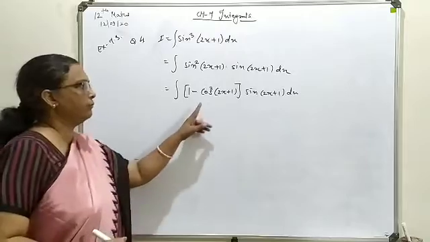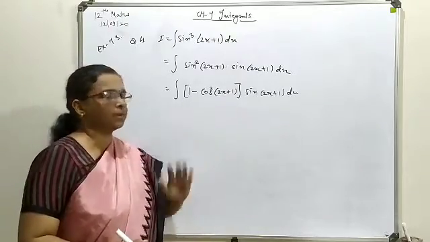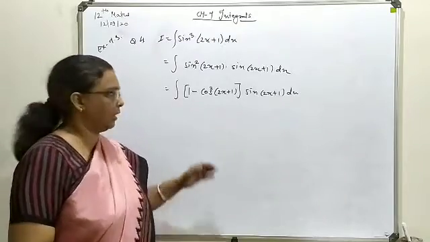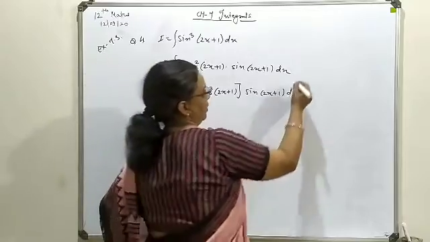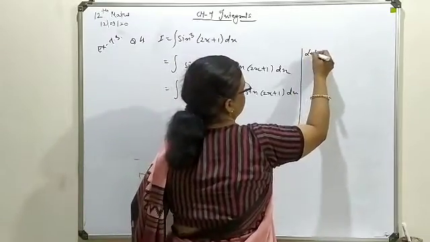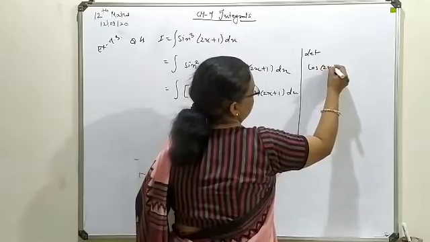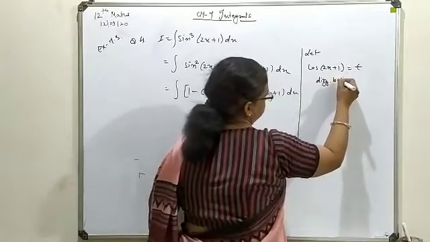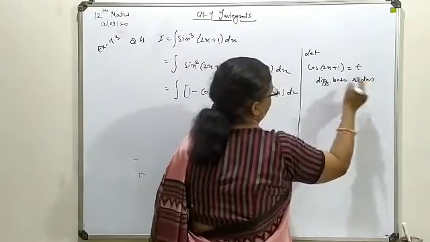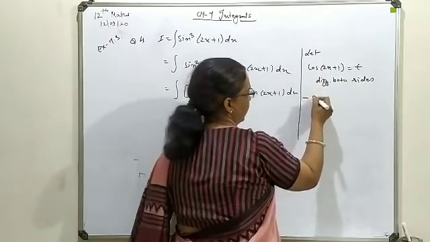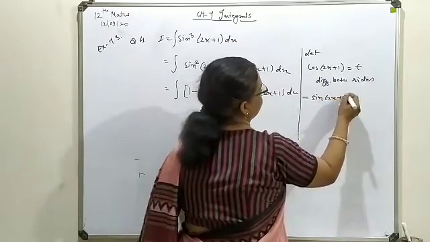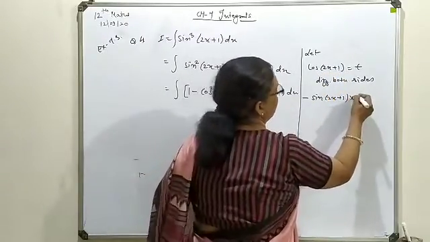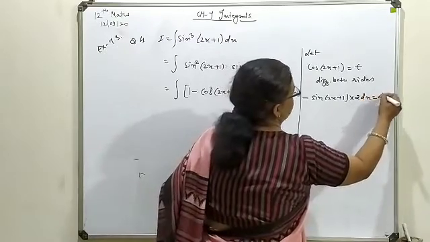Now it is very clear that if we substitute cos (2x plus 1) as t, then dt will generate sine (2x plus 1) anyhow. So let it be substituted. Let cos (2x plus 1) be t. Differentiate both sides. The differentiation of cos we know is minus sine, with the angle 2x plus 1. As the variable is contained in the angle, a multiple of 2 will also be there in the derived form. That is your dt.